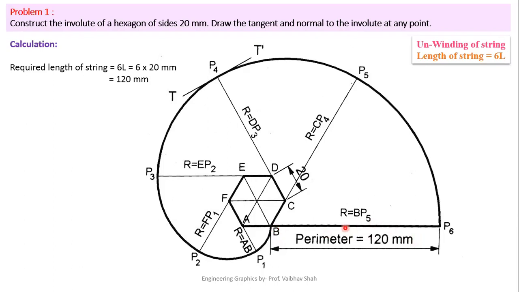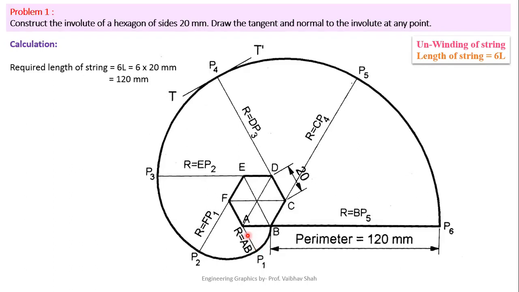After that, we must draw the tangent lines from each of the points. So let us draw the tangent lines from these points. You just have to draw the extension line from this point C, which is nothing but your tangent line. Extension line from D, this is nothing but your tangent line from D. Extension line from your point E, which is nothing but your tangent line to this point E. Extension line from your F, this is nothing but your tangent line from F. And extension line from your point A, this is nothing but your tangent line from your point A. Now after that, we must keep in mind that this is our unwinding operation.